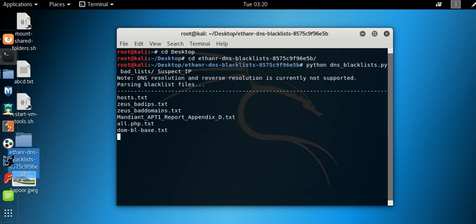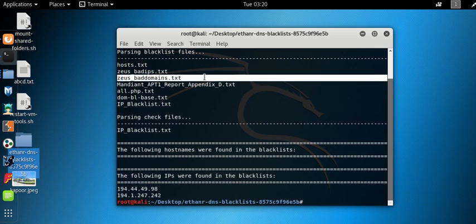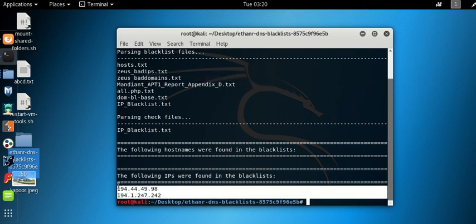Enter. Now what has happened, it has started, as I have already told you, it will compare both the folders. So it has now started comparing both the folders, that means the badlist folder and the suspect IP folder. And you will see that the result it is going to give you will be the IPs which are common in both the folders. So in both the text files, these two IPs were common. That means these are the IPs which are suspected, as well as present in the log file also. So it has shortlisted, or given you the list of IPs which are available in both the folders. So this is the working of your DNS blacklist. Thank you.